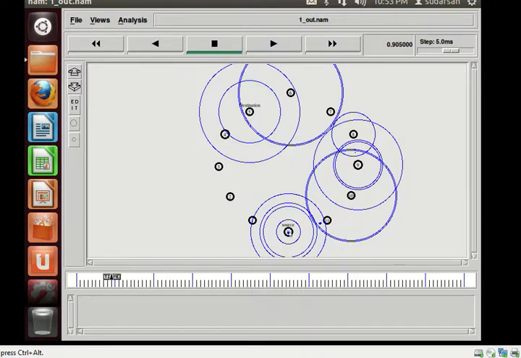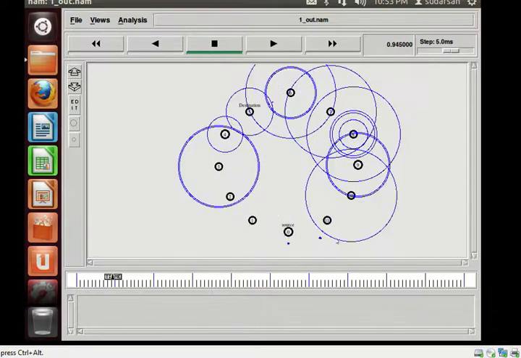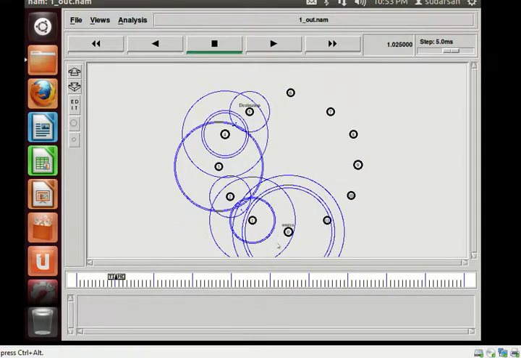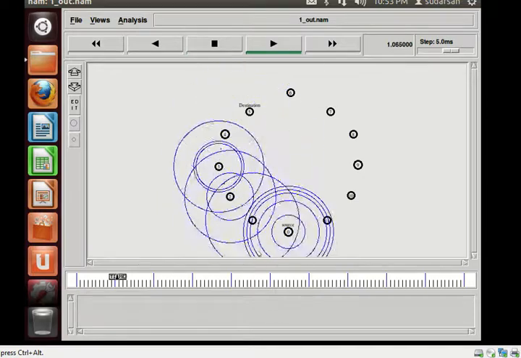The packet is transmitted from source 0 to destination 5 via 11, 10, 9, 8, and 7. But here the 11th node is identified as a faulty node and the packets are dropped. So the protocol is designed such that it chooses an alternate path. When the packets are dropped from 11, it chooses the alternate path and transmits RTS and CTS signals back to 1, 2, 3, and 4. So the packet is transmitted via the alternate path.